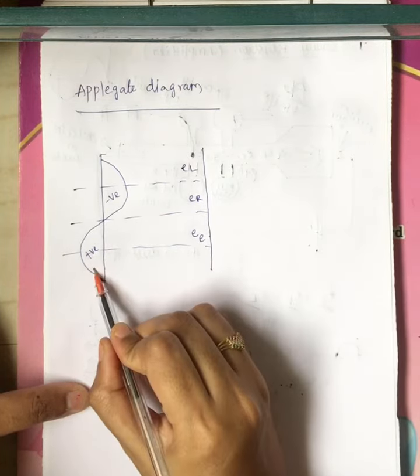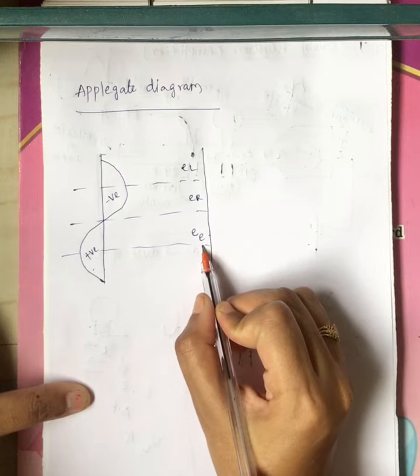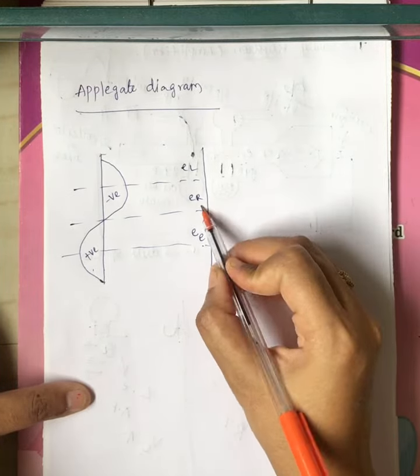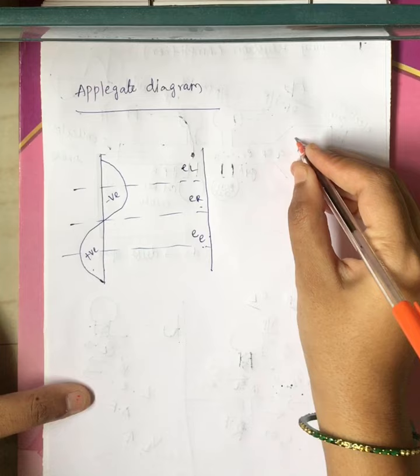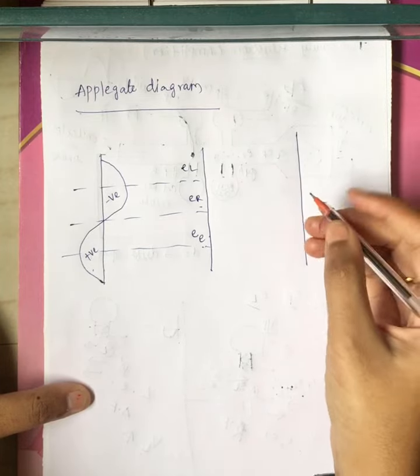Now for the positive half cycle, right? The early electron, the first electron, is followed by the reference electron, followed by the late electron, right? Now these three electrons